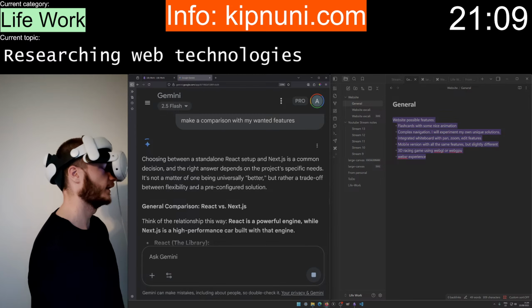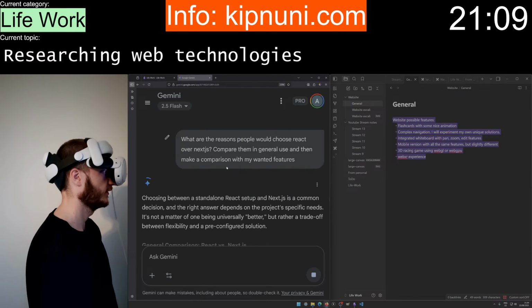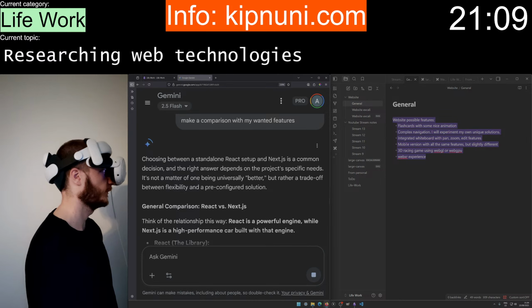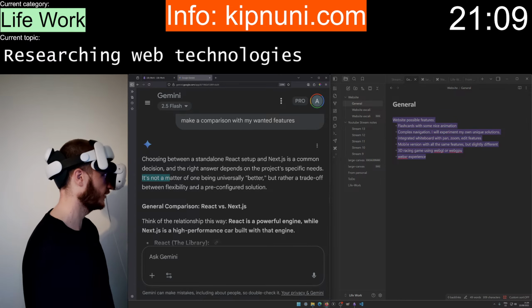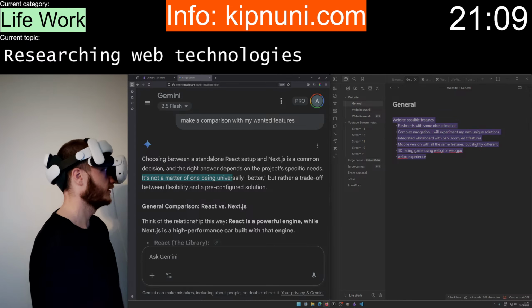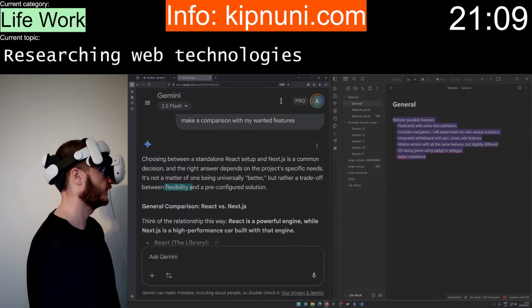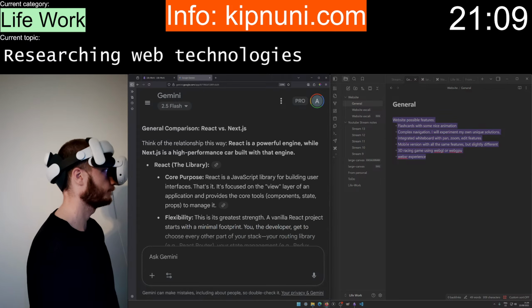Yeah, I have, of course, learned this before, but I have forgotten it. Rather trade off flexibility and pre-configured solution. It's a powerful engine, while Next.js is a high-performance car built with that engine.